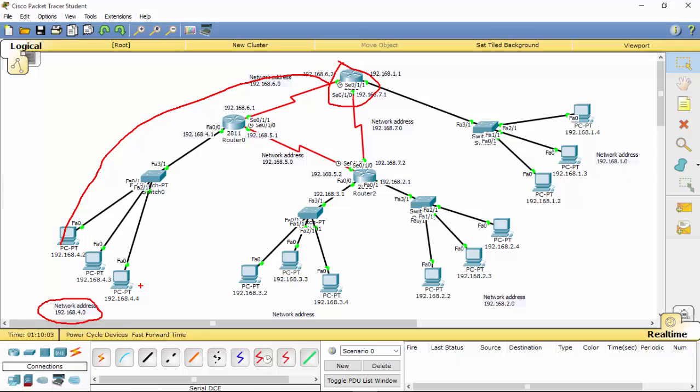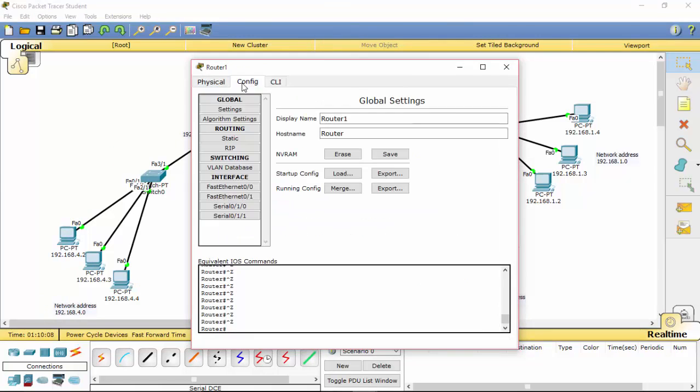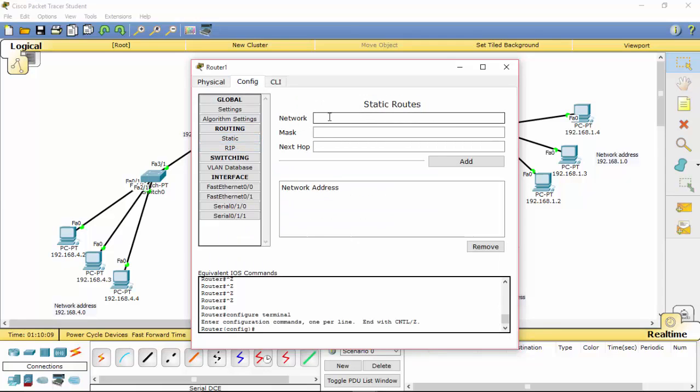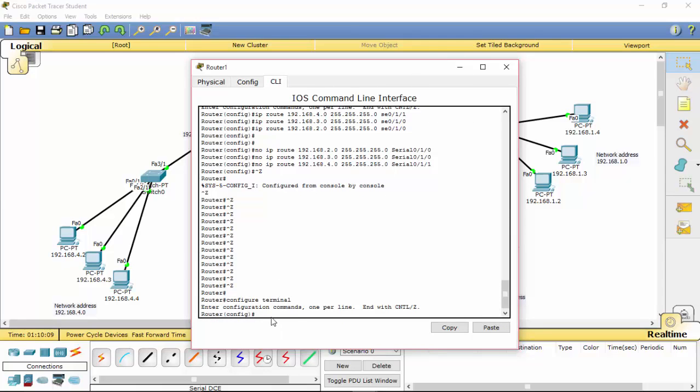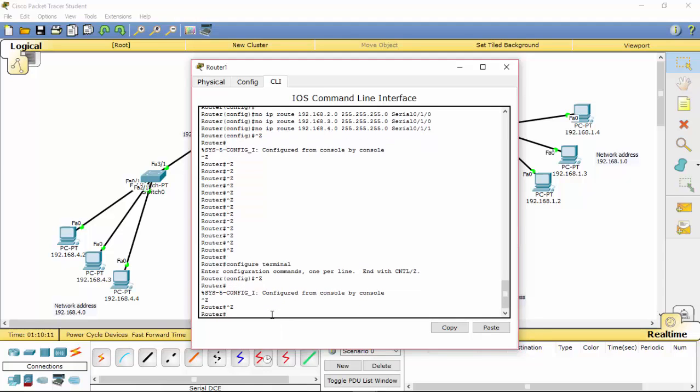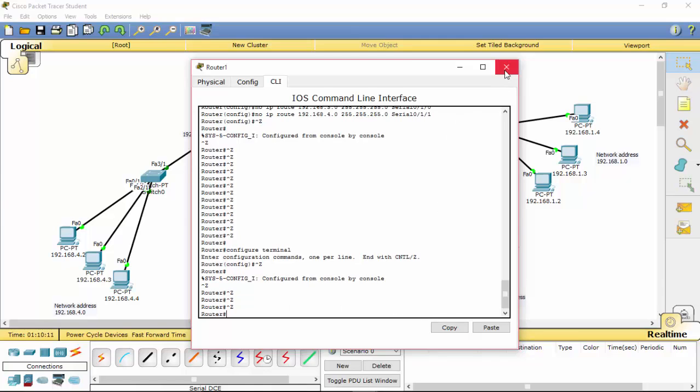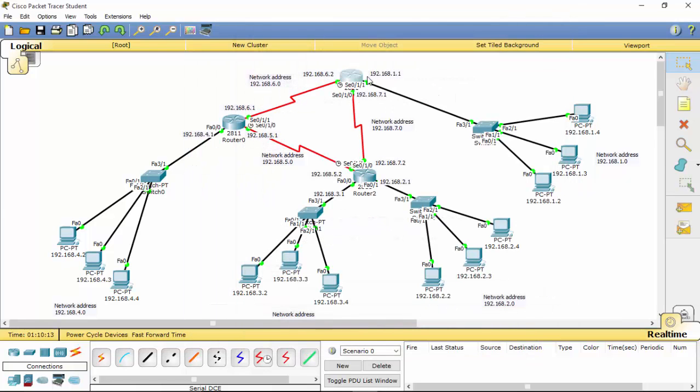There are two ways to IP route. You can use the config and the static route, or you can also use the CLI. So I will use the CLI. Let's just click this router. Let's say I am going to connect this router to this network. So let's IP route this. Click this router,